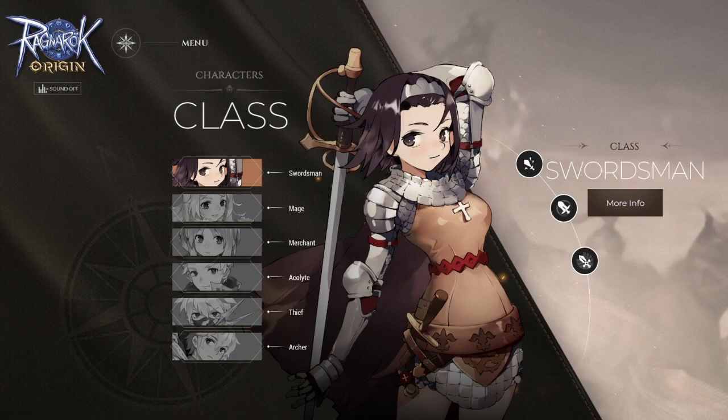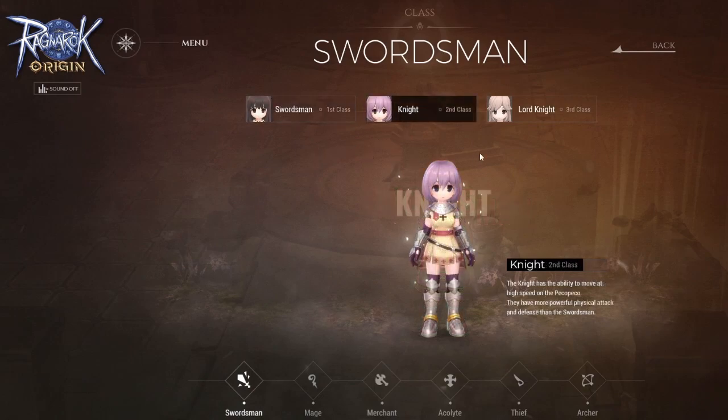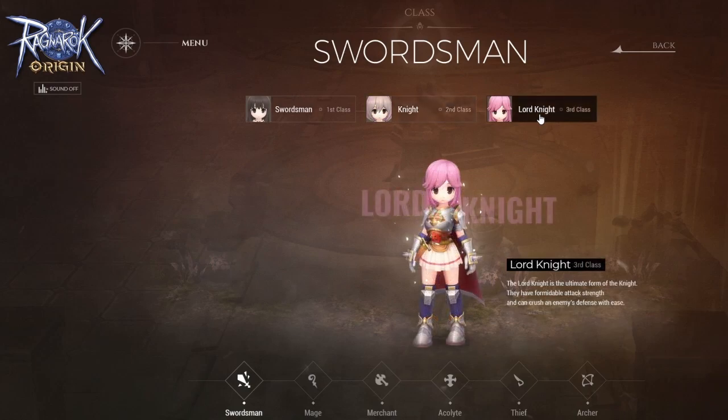So let's talk about the classes. It seems we have all the 6 base classes: the swordman, mage, merchant, acolyte, thief, and archer that we are used to. And also each of the classes has basically secondary classes and third classes as you progress. So you start as a base class, then you progress to get basically advanced classes, which seems to be Knight and Lord Knight for the